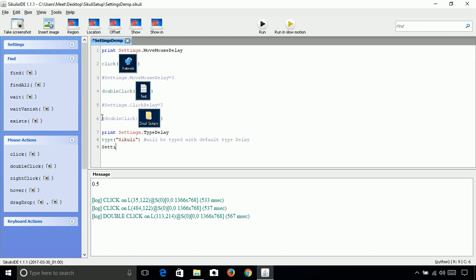Now let's change this type delay to 2 and then type again. So each letter of this sentence will be typed with a type delay of 2.